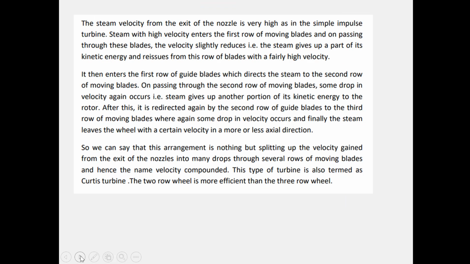The steam velocity from the axis of the nozzle is very high as in a simple impulse turbine. Steam with high velocity enters the first row of moving blades and on passing through the blade, the velocity slightly reduces. The steam gives up a part of its kinetic energy and reissues from this row of blades with fairly high velocity. It then enters the first row of guide blades which direct the steam to the second row of